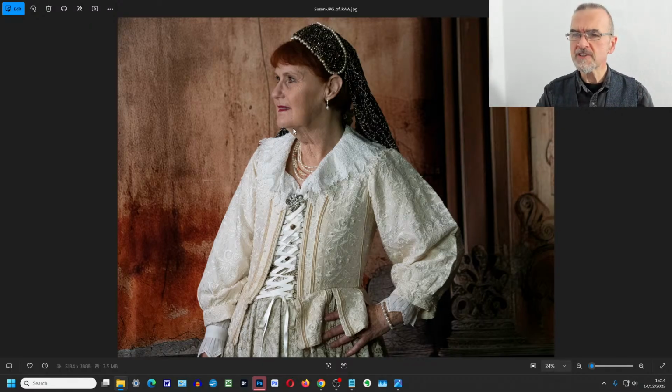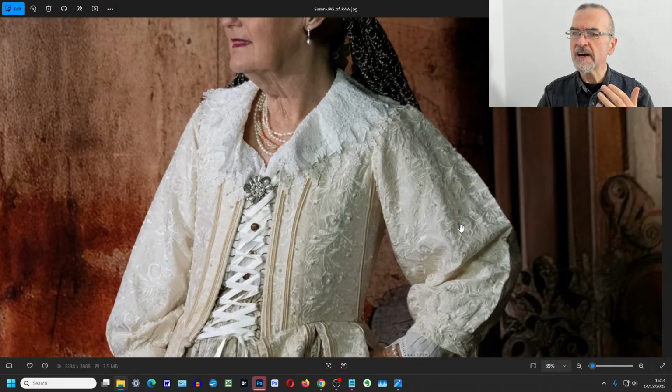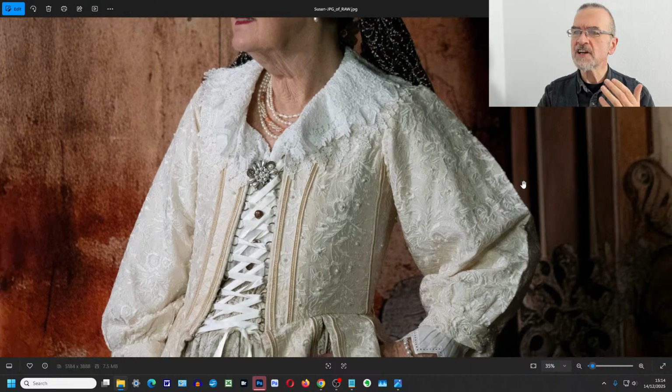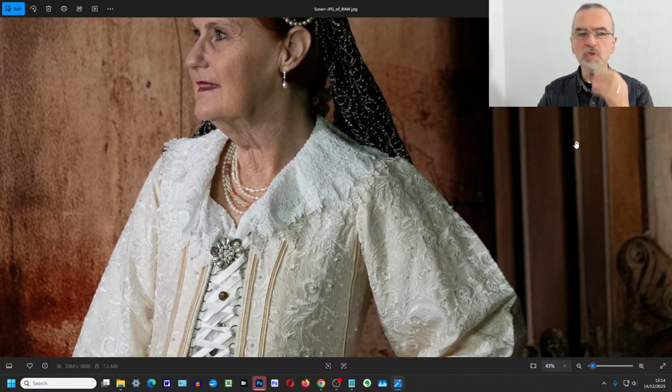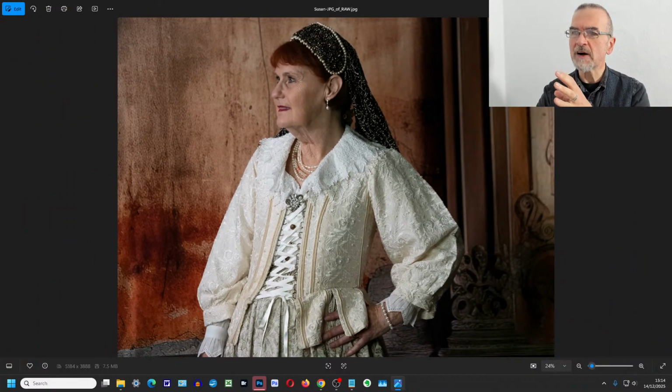It also looks like this has been done with a two-light setup. So there's a key light coming in from the left, but if we look to the right, we see that there's light catching her arm here, and more importantly, you can tell by the wooden strut in the back that it's also being lit up from the right hand side as well, and a bit of this wall is lighter over here, a bit of shadow over here.